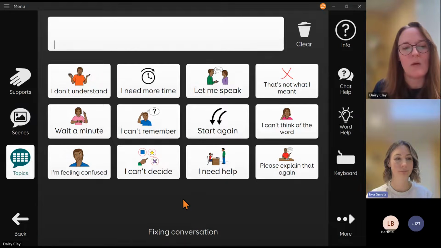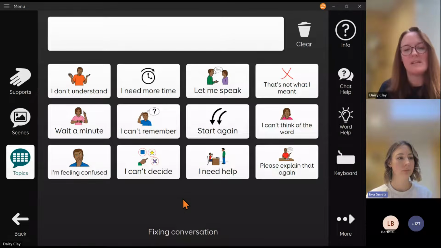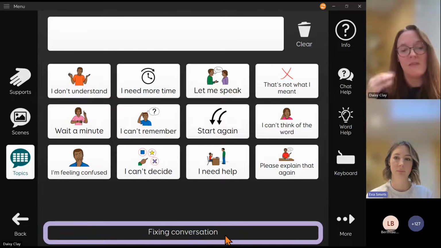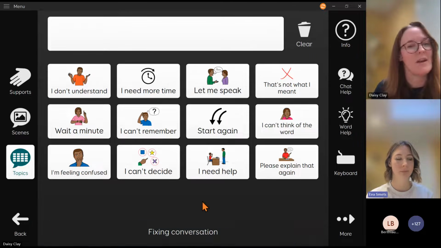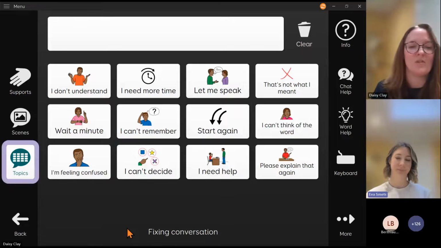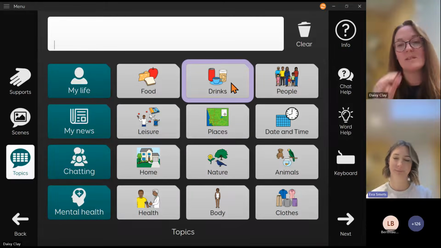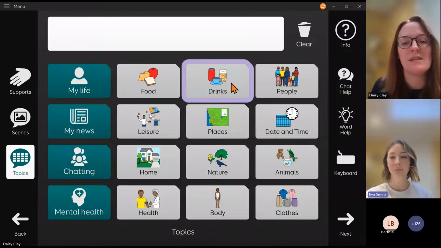And one thing to point out as well is that throughout Duo 16, because we've got a bit more space, and people are able to manage a bit more visual complexity, we've got a grid title on every grid. So you can always, wherever you are, get that confirmation of where you are in the grid set by selecting the title, and it will speak to you, or you can read it. So now let's go into one of the topics that we saw in Duo 9, so you can see the difference.